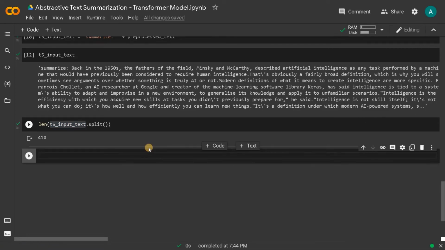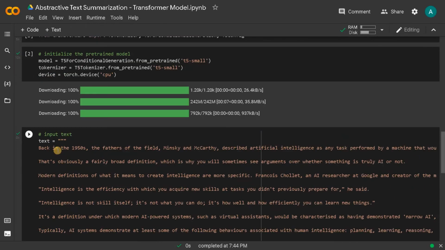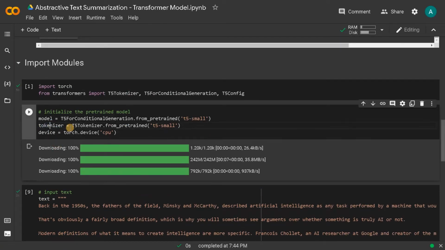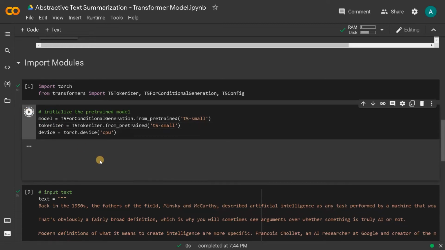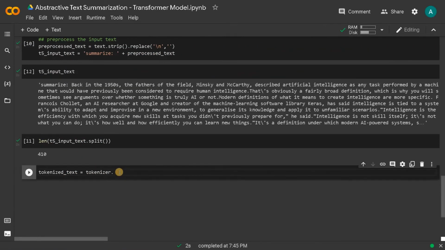Now let's tokenize the text. So these are the basic pre-processing you will do for any kind of text projects. So that's how we are going to do. Tokenizer dot encode. Okay, it's not suggesting, but we have initialized it. Okay, I just initialized it the wrong manner. Let's run this again. Okay, now tokenizer dot encode